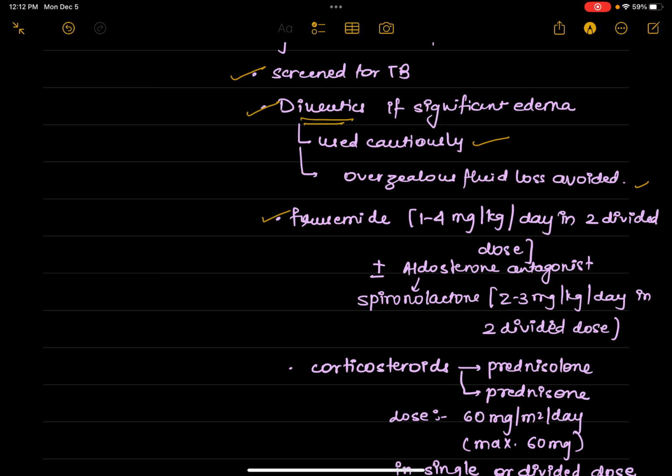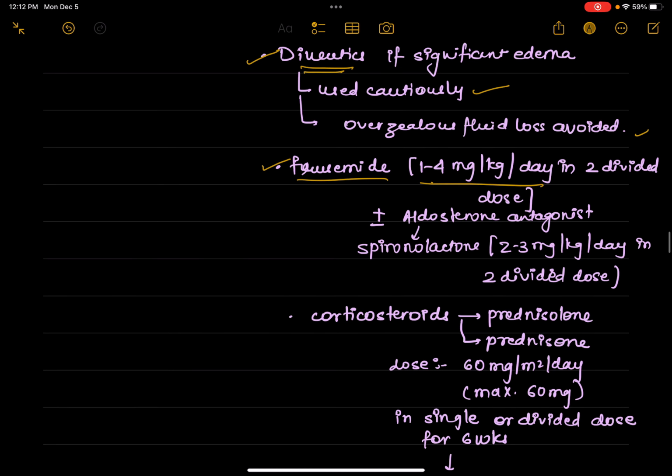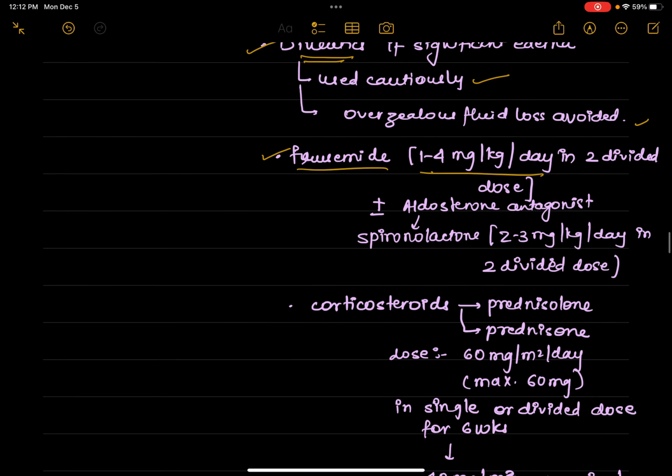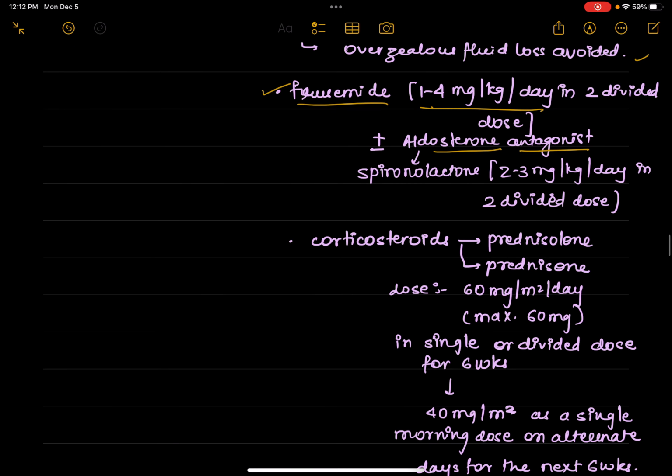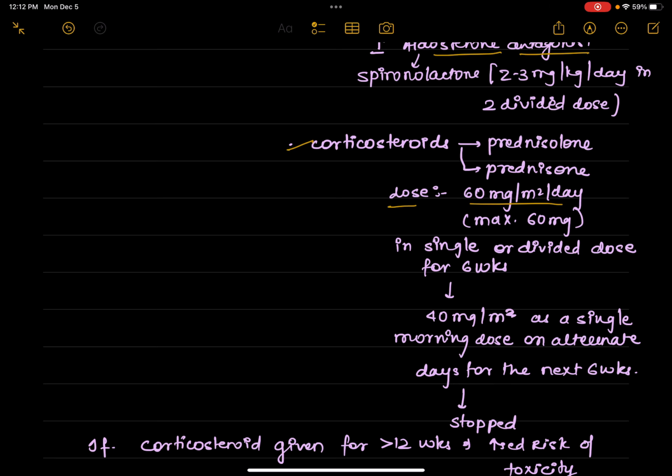In diuretics we give furosemide at the dose 1 to 4 mg per kg per day in 2 divided doses, and if it is severe we can add an aldosterone antagonist like spironolactone. We can give corticosteroids like prednisolone or prednisone, and the dose is 60 mg per meter square per day maximum,